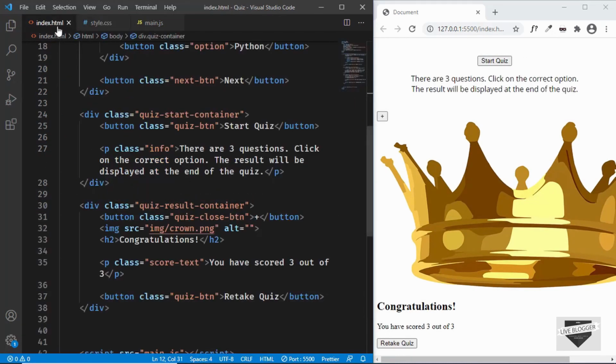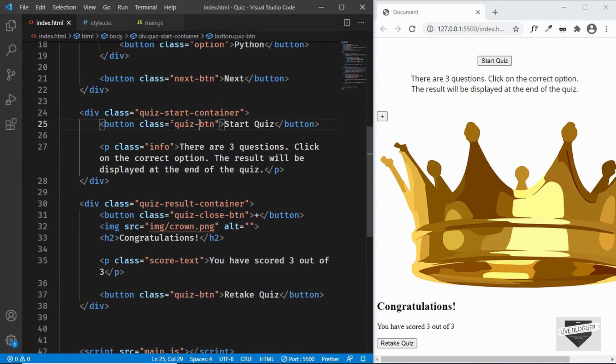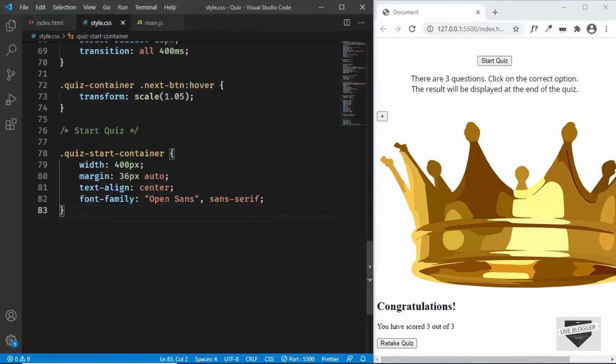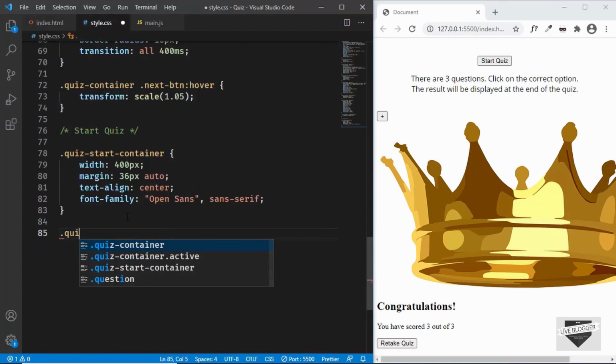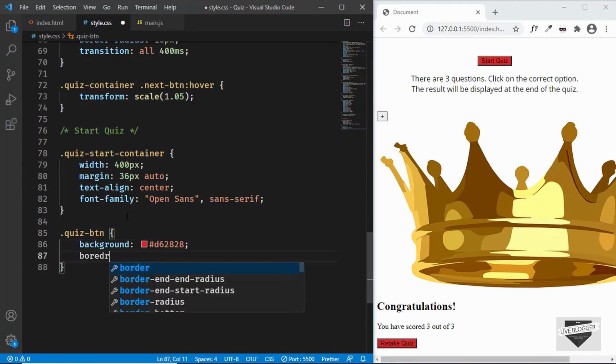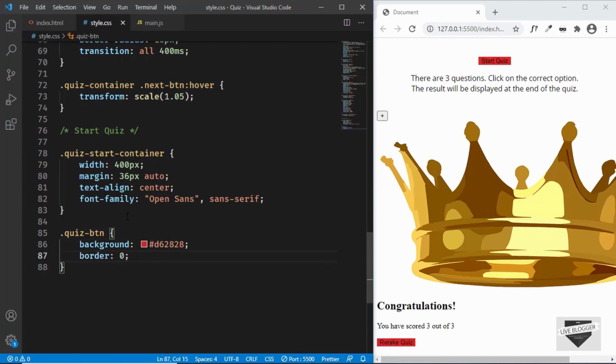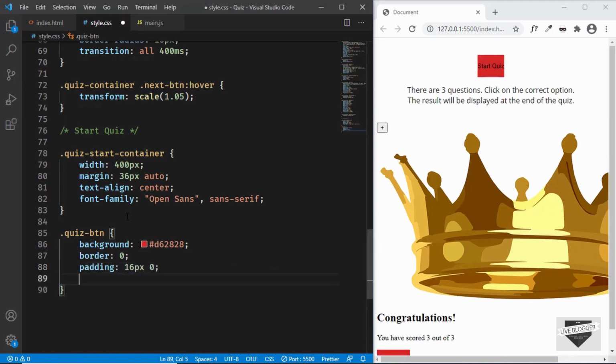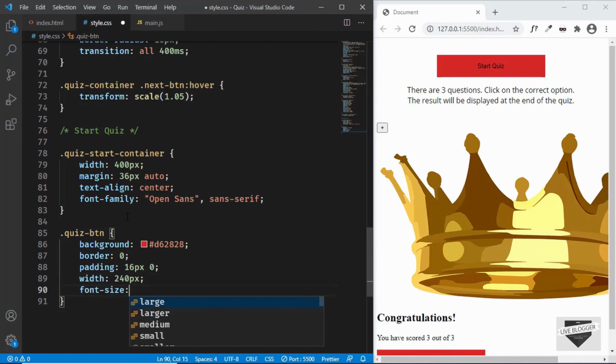Alright, now let's style this button. So if you go back to the HTML, we can see that for the button we have this class called quizbtn. So let's target that over here. We'll just type quizbtn, and we'll give a background color of D62828, and let's remove the border. So just type border of 0, and we'll give it a padding of 16 pixels top and bottom, and 0 for left and right, and we'll set a width of 240 pixels, and we'll set the font size to 16